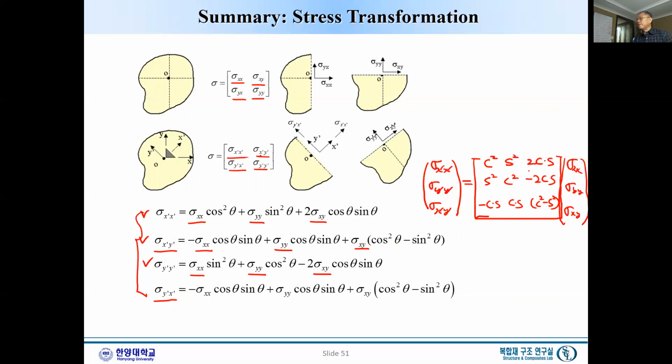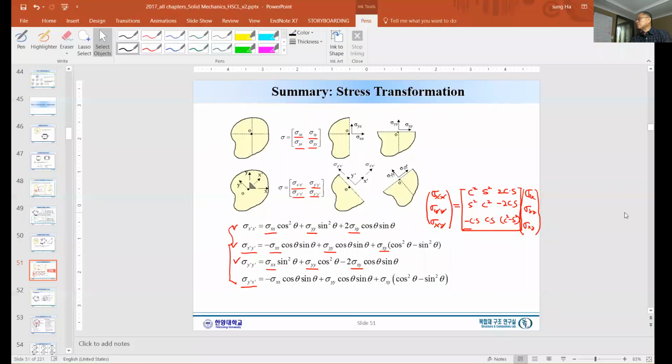And then again, the function of theta, and we need to understand this meaning, and it would be nice to visualize this behavior. So again, this is the stress transformations. And at this point, I would like to help you to visualize the behavior of this stress component. And to do so, I will use